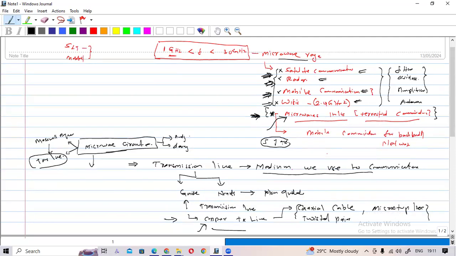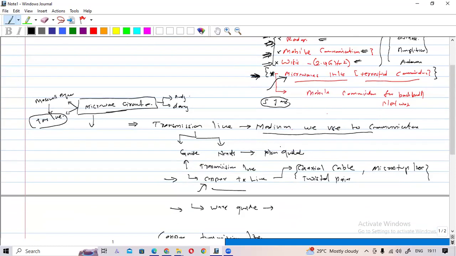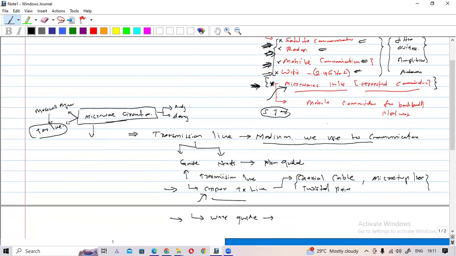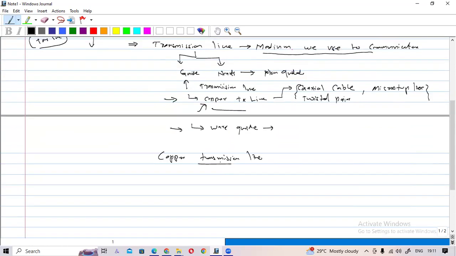But in our module outline, we are mainly focusing on microwave circuit analysis. That is why in circuits we are using guided media for the transmission, as I told you. If you consider our phone, it has antennas. Actually, there are normally 4 patch antennas used. These antennas are connected to a